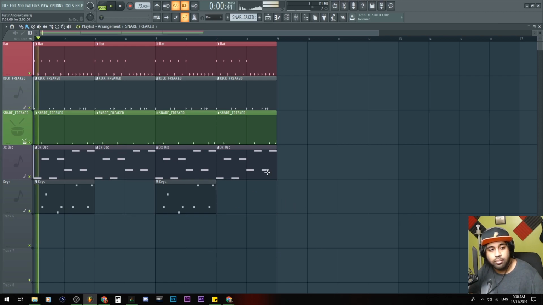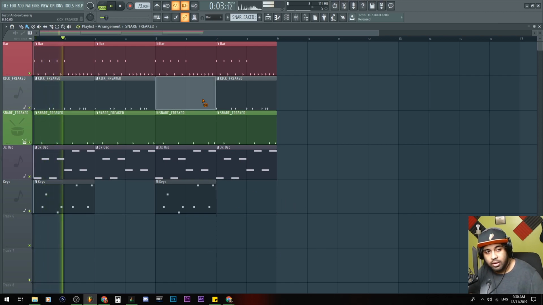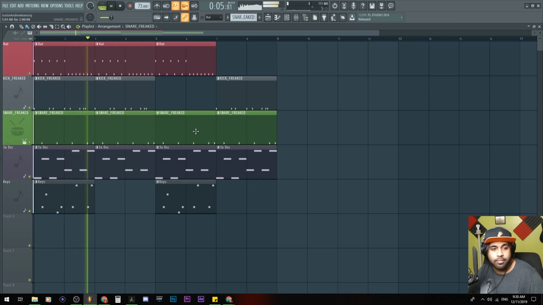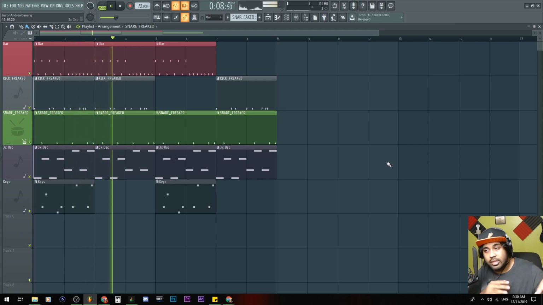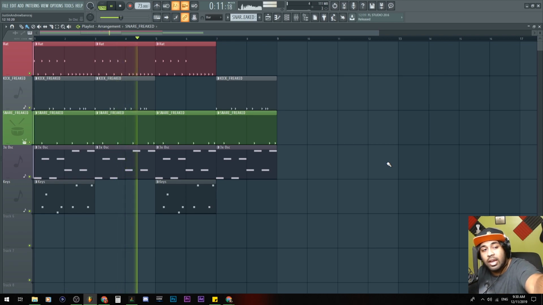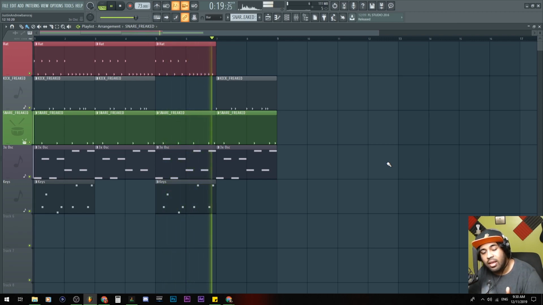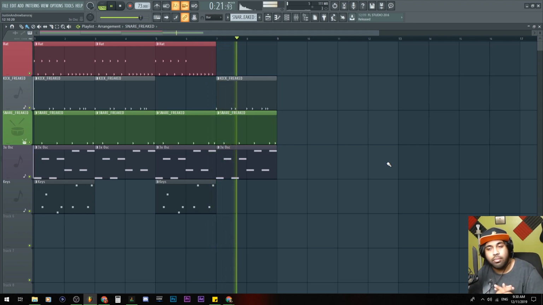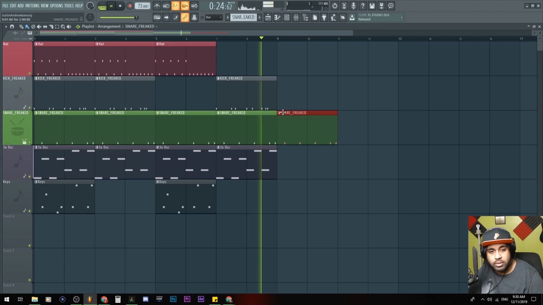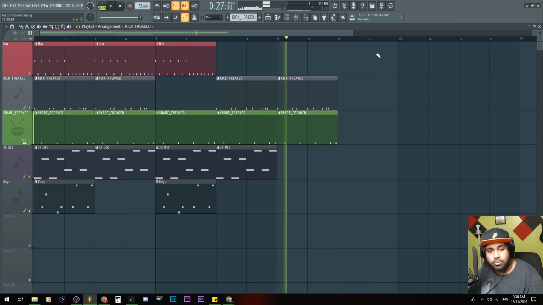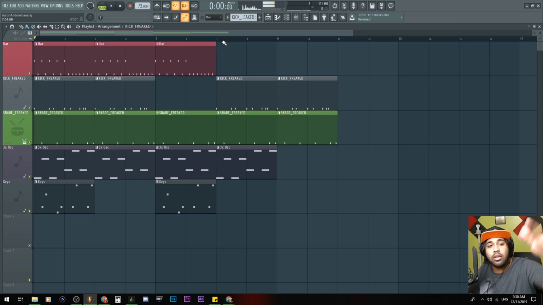So for example, let's just take off the kick for this one and the hat. So notice the keys are gone. Next one's not gonna have the kicks. And then the last one's not gonna have the hats or the keys. How about we do one with just the snare and the kick now? Cool. And that's how you're gonna create differences in your song to make a song.